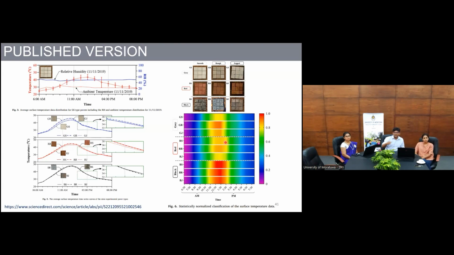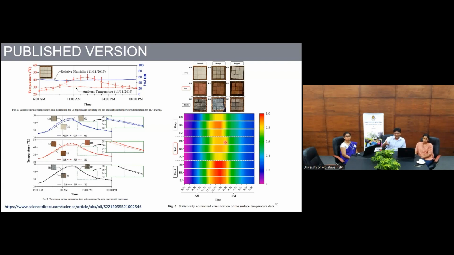And then you have the relative humidity and the temperature profiles, how they vary. And after that, the main idea that we want to convey is that depending on the color of the paver, the temperature profile will vary. So we had to come up with this narrative and then organize the data based on the narrative that we want to tell. So we tried different graphs.